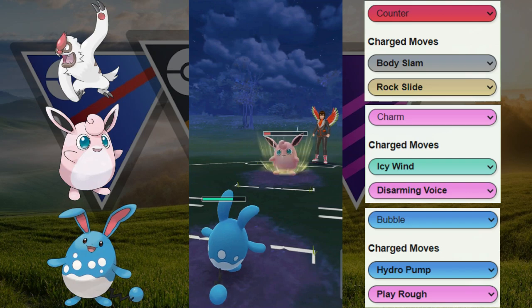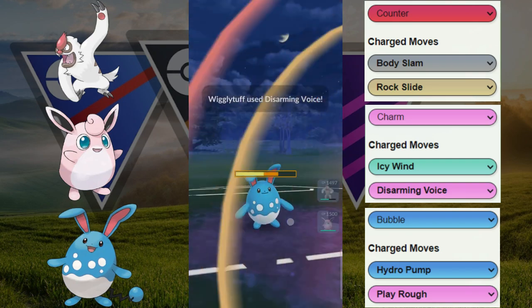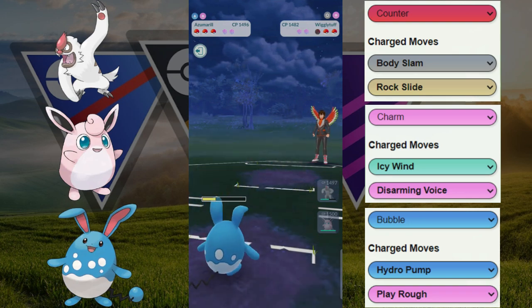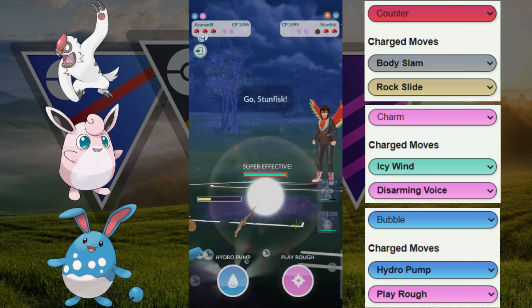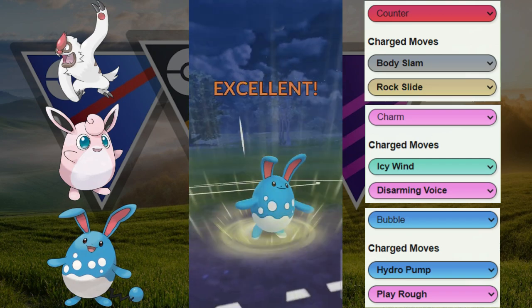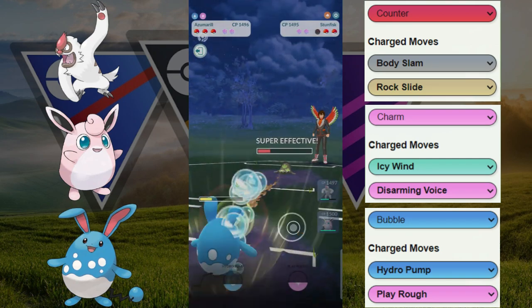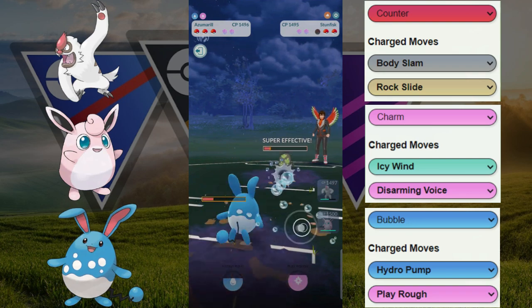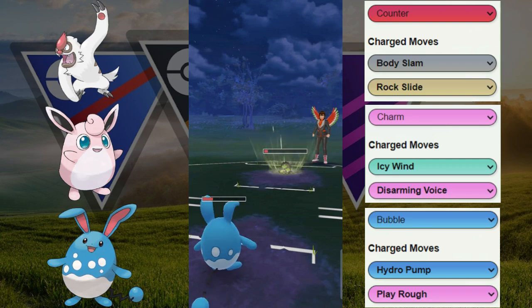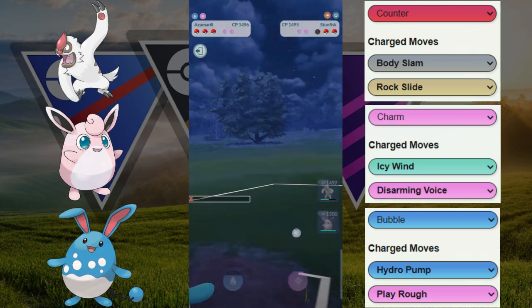We're going to allow this to come through. And let's see, ends up being the Disarming Voice. Okay, and then we're looking for a Farm Down. We do get the Farm Down, which is great. Now we know that this Azumarill doesn't really have to shield much. Our opponent here does come back in with their Stunfisk. They take a huge Hydro Pump. And now we know that we can just let this go because at this low health, we should be able to farm down with the...